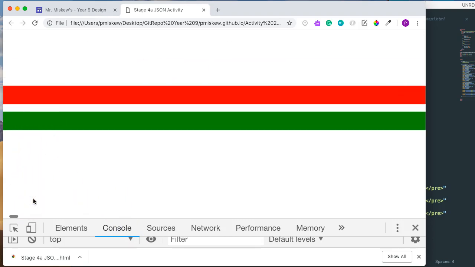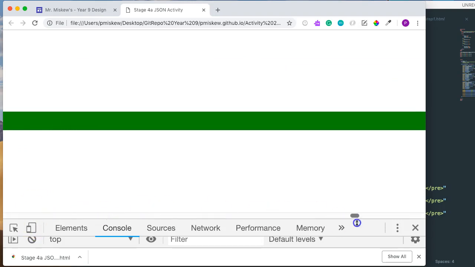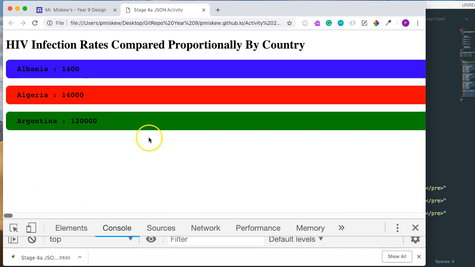Now, this is not useful at all because this is 120,000 pixels, so you don't want this as nicely displayed data. And what we'll do in our next video is figure out how to apply some math to scale these